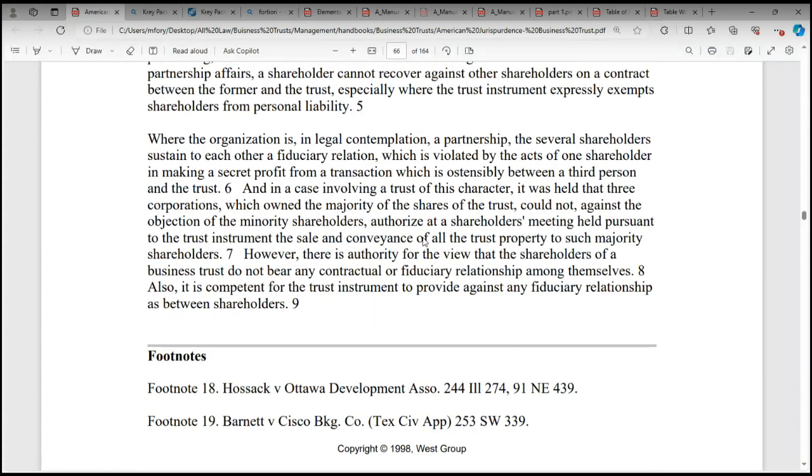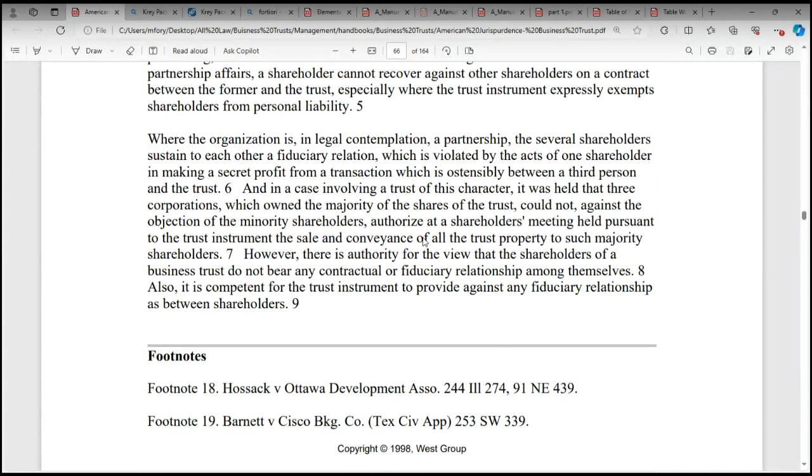Where the organization is in legal contemplation a partnership, the several shareholders sustain to each other a fiduciary relation which is violated by the acts of one shareholder in making a secret profit from a transaction which is ostensibly, meaning out in the open, he's blatant about it, between the third person and the trust. And in a case involving a trust of this character, it was held that the three corporations which